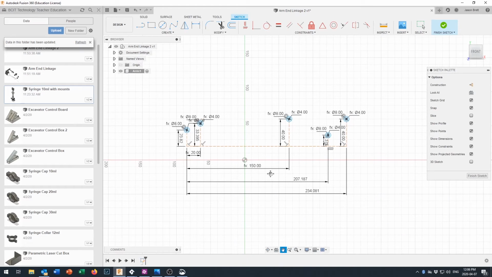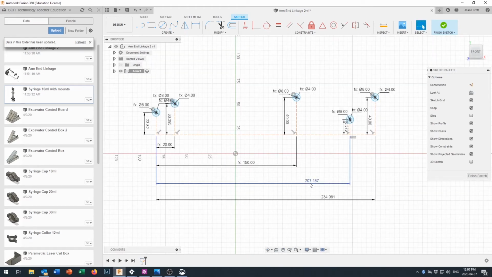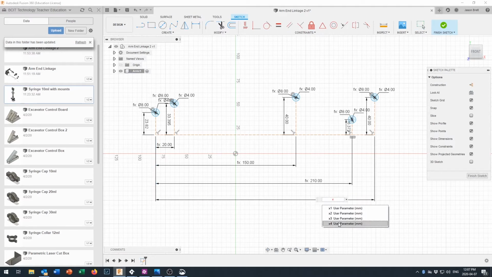That changed that dimension a little bit, and that's a good thing if you can see the dimensions changing around and behaving the way that you want them to. X3. Type X, click on X3, press enter, and double click on that. X4,